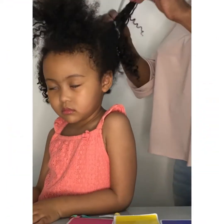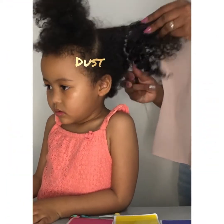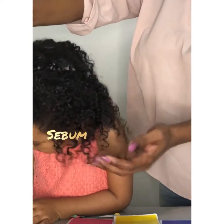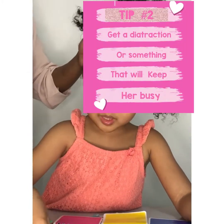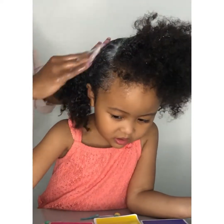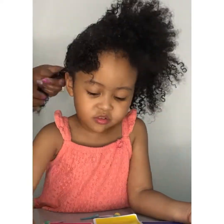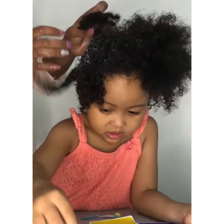Once I'm done taking down the hairstyle, you can see what 10 days has accumulated: dust, lint, product build up, sebum, and it's just a mess. So tip number 2 is to get your child distracted. Get something that is interesting for them, that will take their minds off the fact that you're doing their hair. Usually I start the application by sectioning the hair into 4 sections,